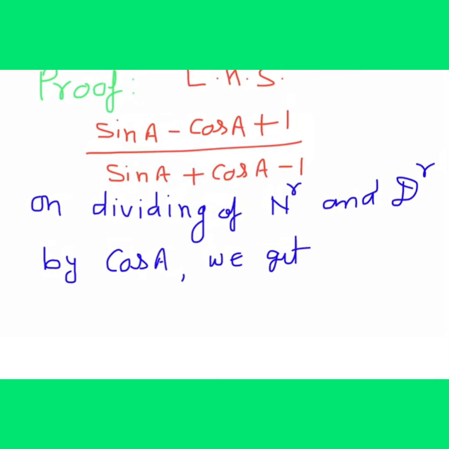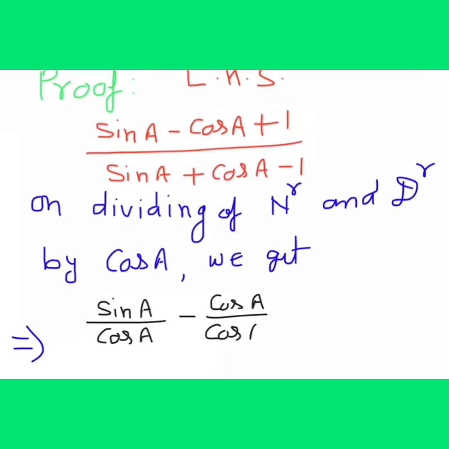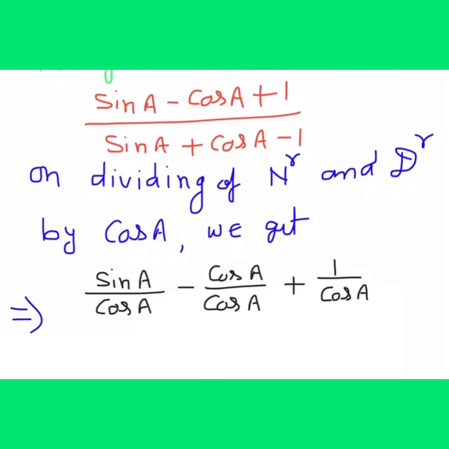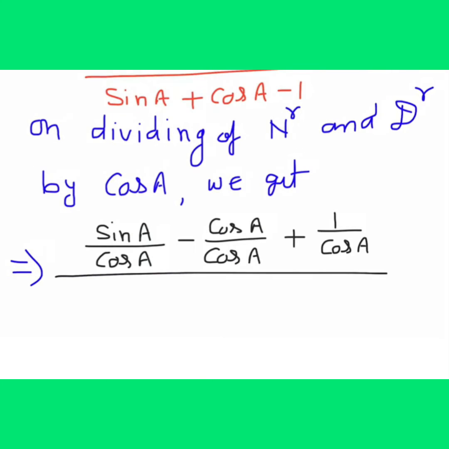So we will get, it becomes sin A divided by cos A, and the next term is minus cos A divided by cos A, and the last term is plus 1, it is also divided by cos A, means all three terms we will divide by cos A, and the whole is divided by, again, the denominator is also divided by cos A, so we will write here